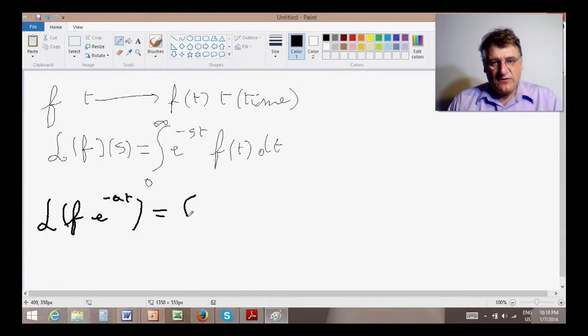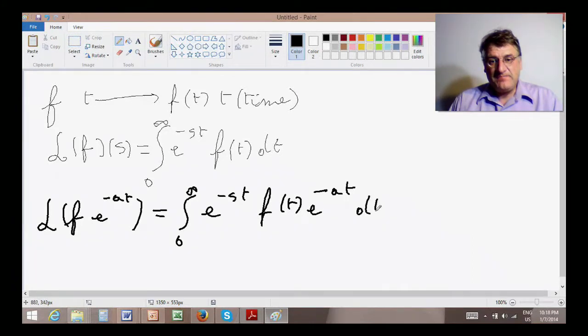As before, it is the integral from 0 to infinity of e to the minus st, and then we have f of t e to the minus at dt, which is also the integral from 0 to infinity of e to the minus s plus a t f of t dt,